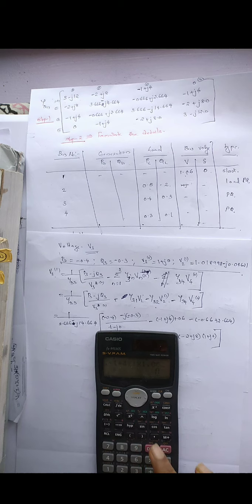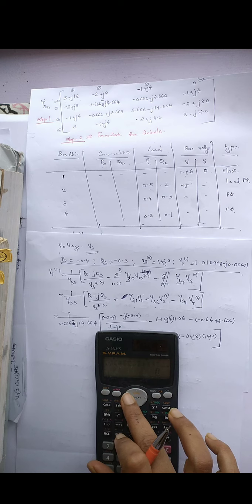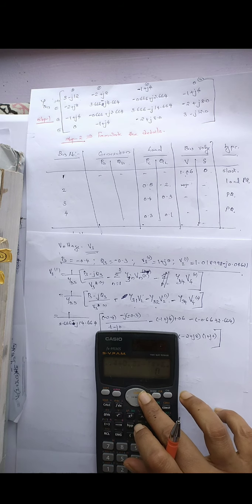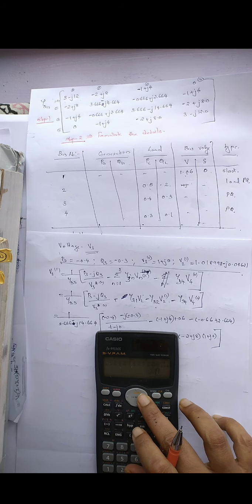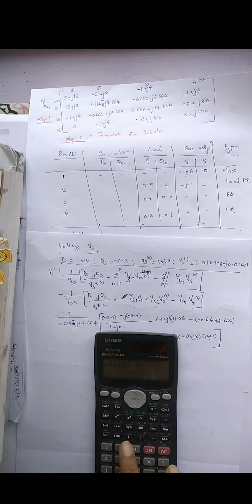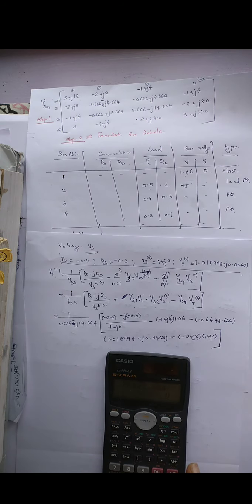We can add a bracket if you have a little doubt, like this. Here also I can add a bracket, so it will be inside a double bracket, minus, again I am opening this bracket, minus 0.666 plus 2.664j, I close the bracket, into